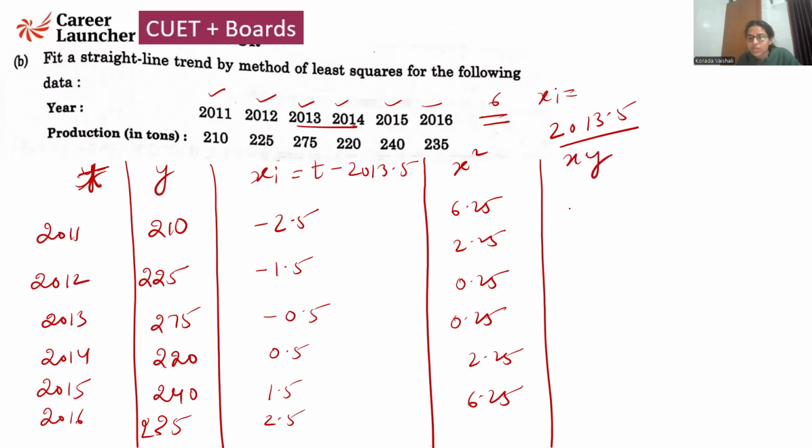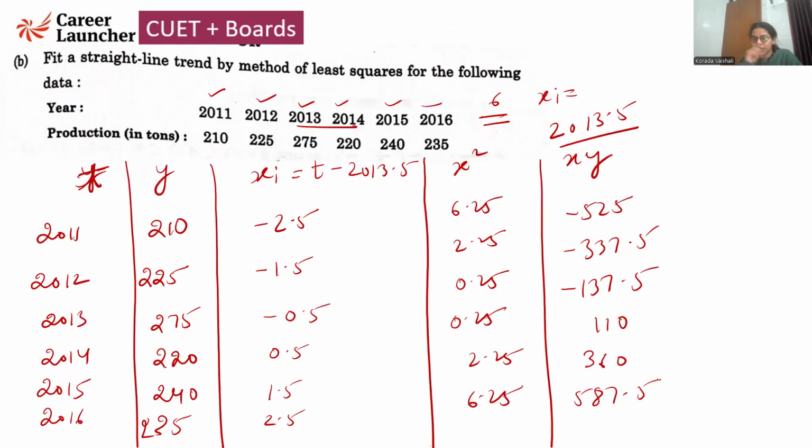And the last one is the product of xy. So this is negative 525, minus 337.5, minus 137.5, 110, 360, and 587.5. So we are done with the construction of the table, but now we need to look at the values,